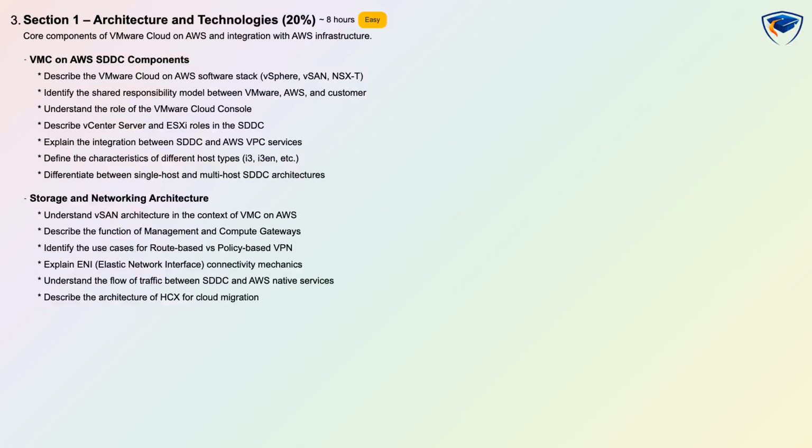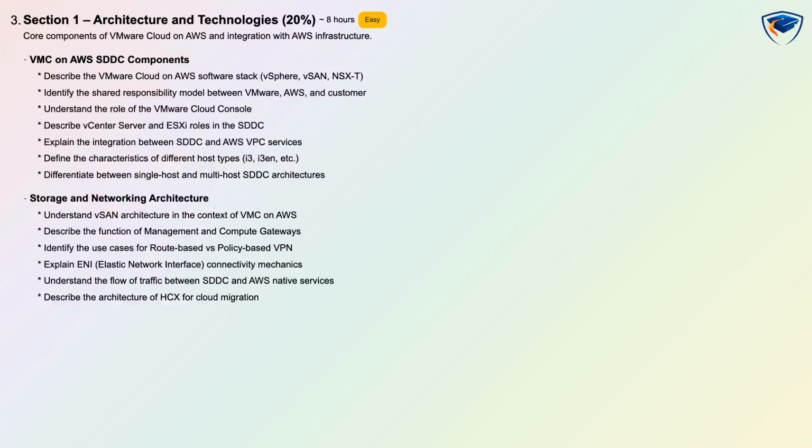within the SDDC. The storage and networking architecture topics teach vSAN architecture in the VMC context, the roles of management and compute gateways, differences between route-based and policy-based VPN, ENI connectivity mechanics, traffic flows between SDDC and AWS native services, and the architecture of HCX for migration, including host type characteristics like I3 and I3en and single host versus multi-host